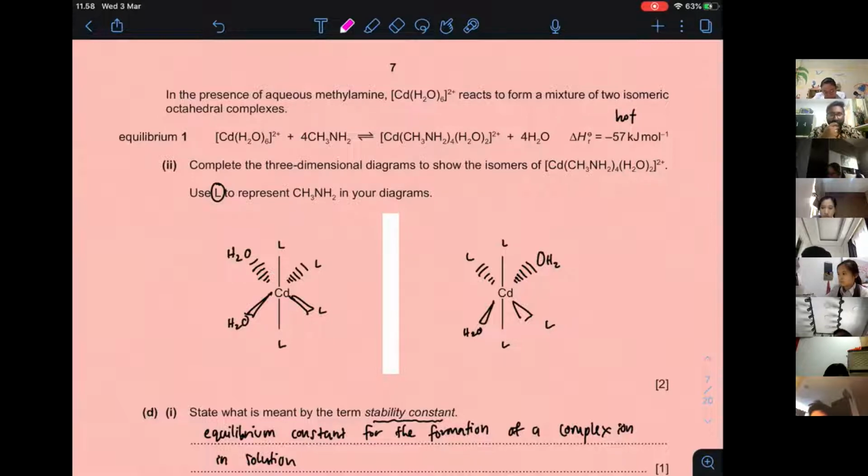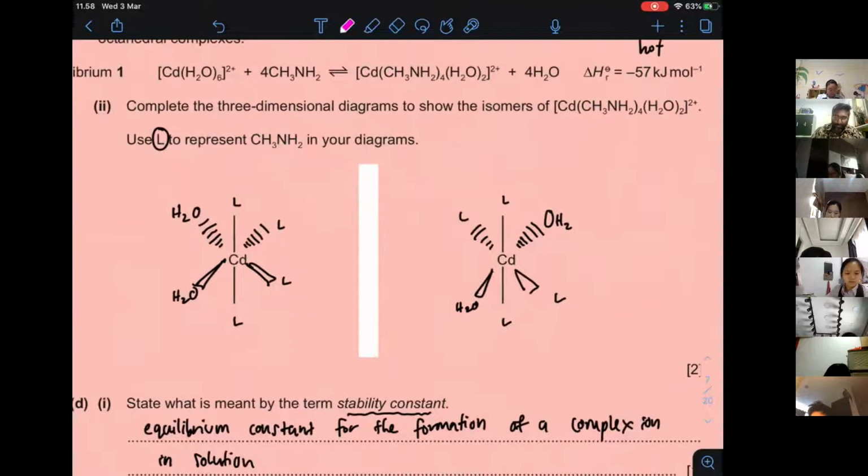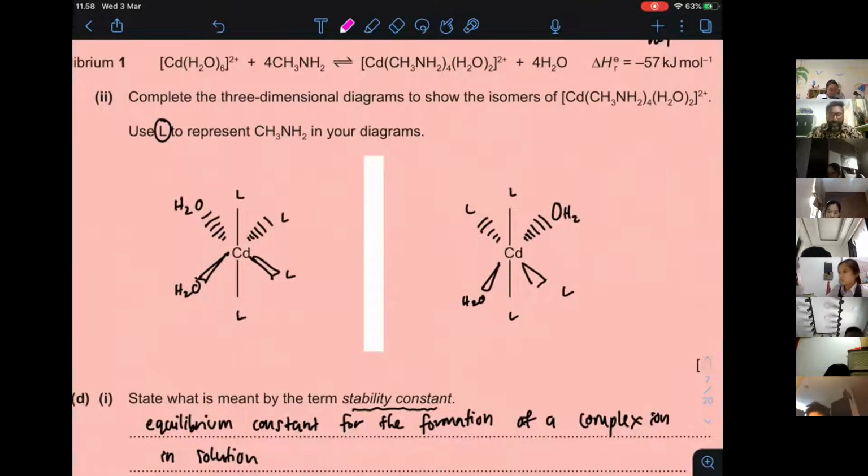So they are asking you to use L to represent the CH3NH2. Okay, so it's a monodentate. It means each one is going to have one L. So the only thing that can exist over here is cis and trans. One is going to be side by side, another one is going to be opposite. So you can just draw side by side, and another one opposite, but just be